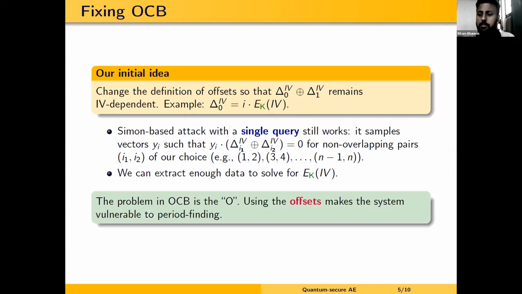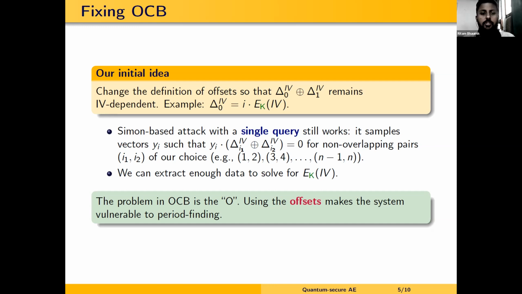So the first idea is that maybe the offsets are bad, because in OCB3, the offsets consist of a component from the IV XORed with a component from the block. This means that when you XOR the offsets on 2 successive blocks on the same IV, the IV component gets cancelled out. But we could modify this, and we could take, for instance, an offset which is i·E_K(IV), and then this IV part does not cancel out when you XOR it over 2 blocks. But